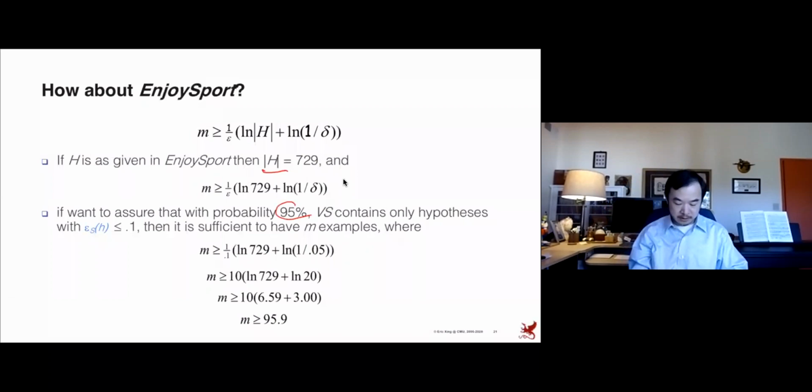Therefore, delta is 0.05. And the epsilon, the generalization error of the classifier, should be less than 10%. Plugging in all these numbers, you roughly conclude that you need about 100 examples to define a